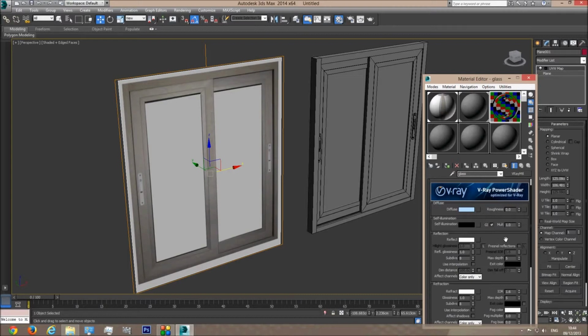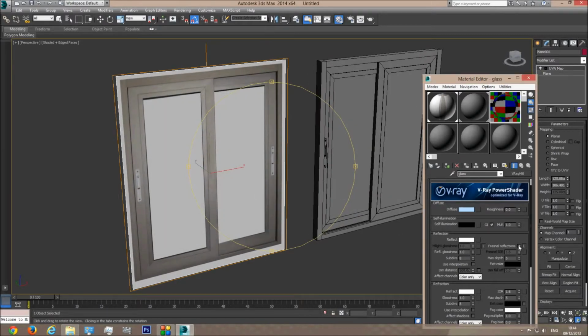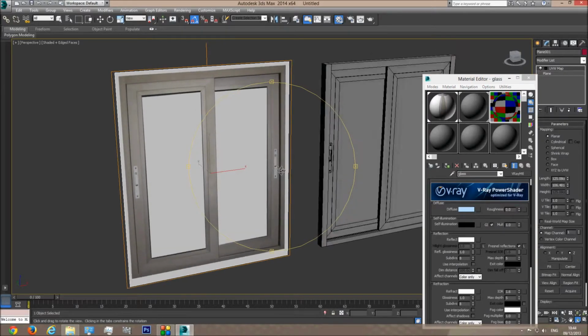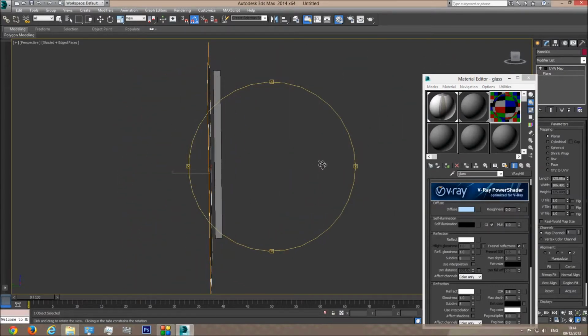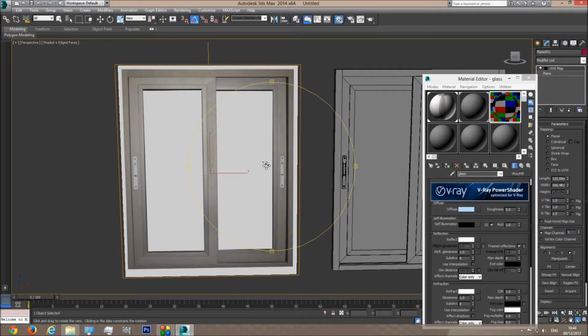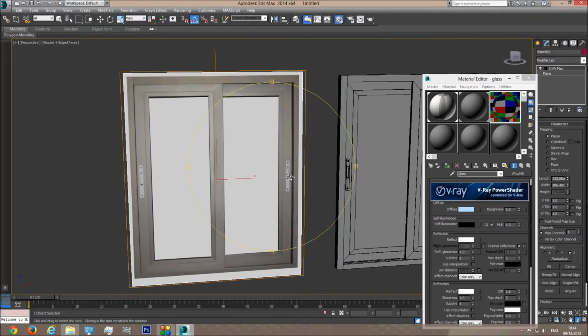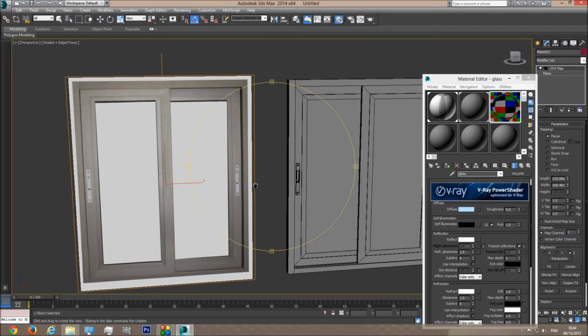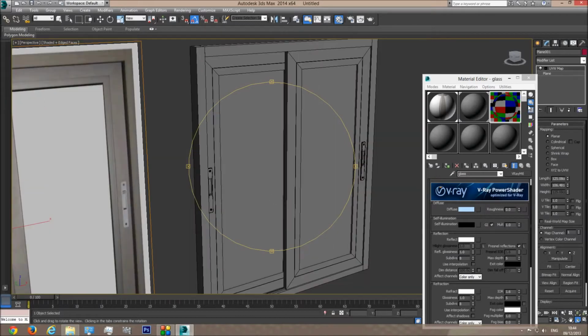Now the reflection of the glass is Fresnel reflection. What Fresnel reflection does is reflects 100% when it's 90 degrees and much less when it's 0 degrees, so it's in the front. This is how the reflection of the glass works. If you look at the glass from a front view angle, you will see it totally refractive, totally transparent. If you look at 90 degrees, you can see almost only the reflections. This is the natural state of the glass. So I'm going to use the Fresnel reflection value,